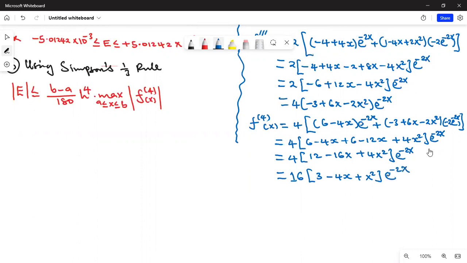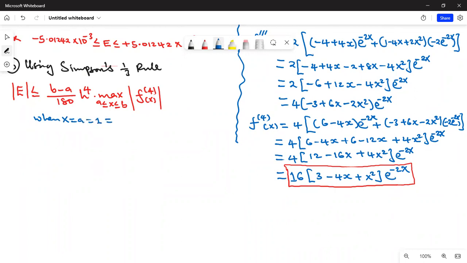So our focus is on the fourth derivative. We want to know the maximum value of this fourth derivative between the interval x equals a and x equals b. Anything between those limits. So let's see how to find it. We are going to say here that when x is equal to a, remember our a is 1, when x is equal to a, which is equal to 1,